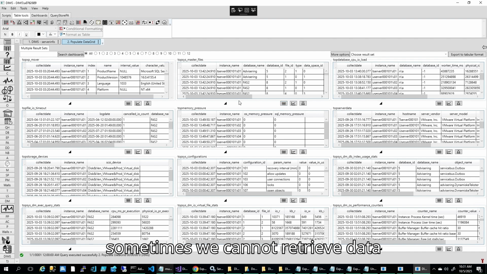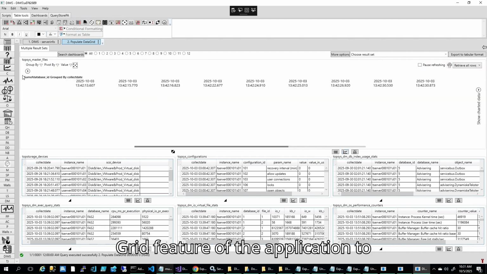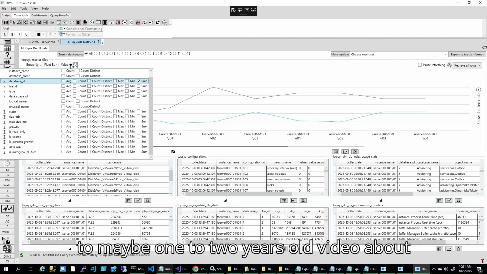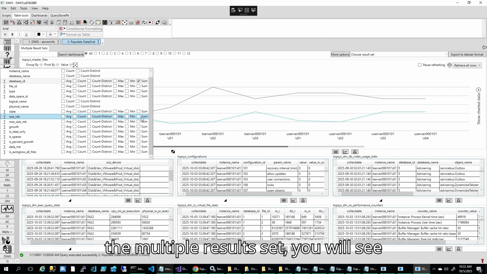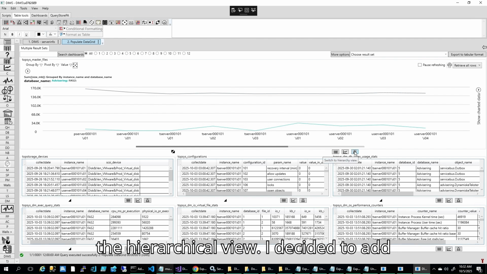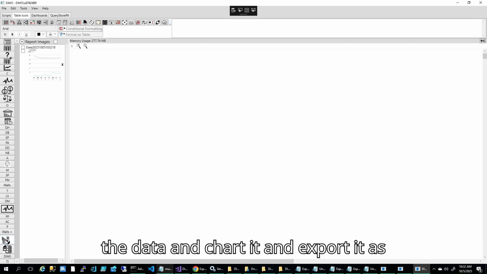and due to the fact that sometimes we cannot retrieve data directly, I had to use the Populate Data Grid feature of the application to populate those 12 data grids. If you look at the video about multiple result sets from maybe 1 to 2 years ago, you will see that it was missing the searching of a specific data grid, the charting, and the hierarchical view. I decided to add those in order to be able to work with the data, chart it, and export